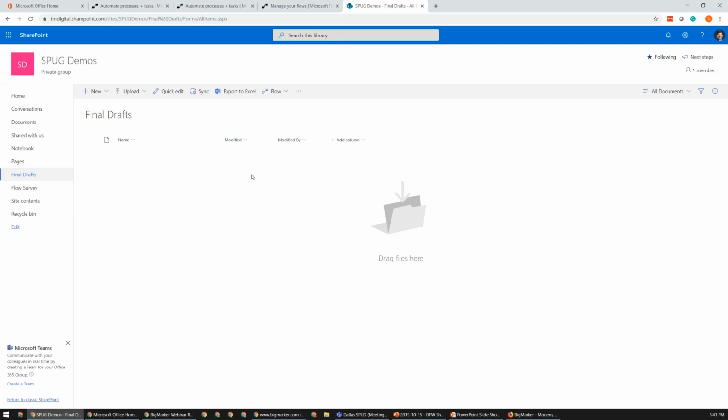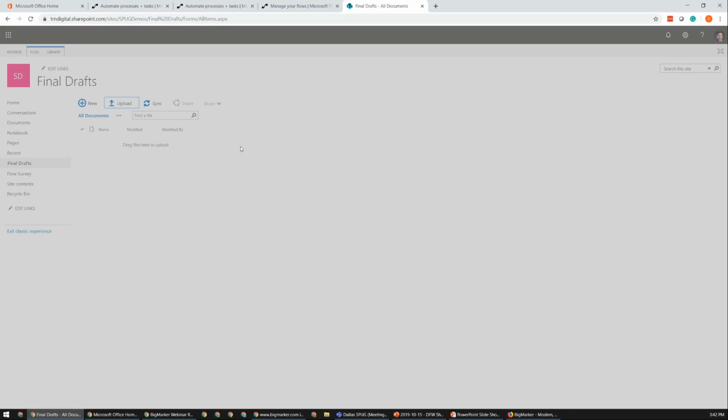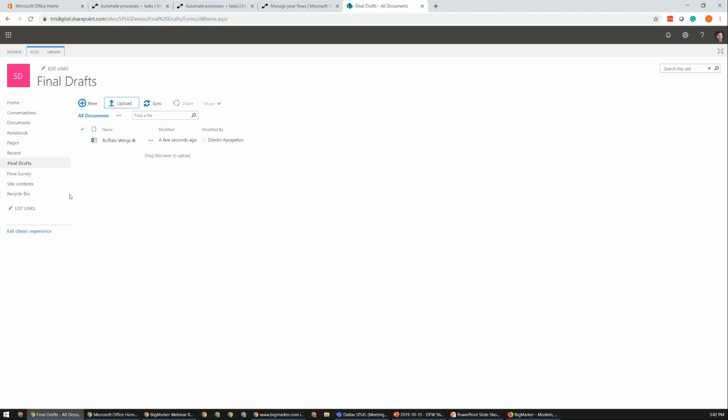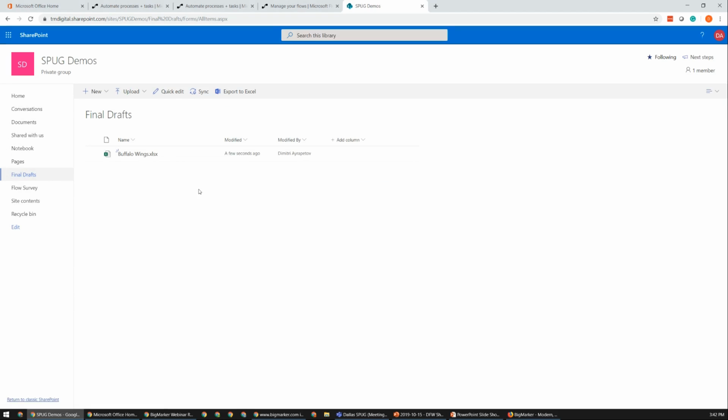So the interesting part with the screen sharing applications is that every so often when sharing your screen, some of the JavaScript in Chrome fails to render. We'll jump over to Classic View just for the purposes of this demo. And we'll upload the file and we'll come back into Modern. So let's give that a second to run. Just going to upload the buffalo wings, and we'll go back to the full experience.